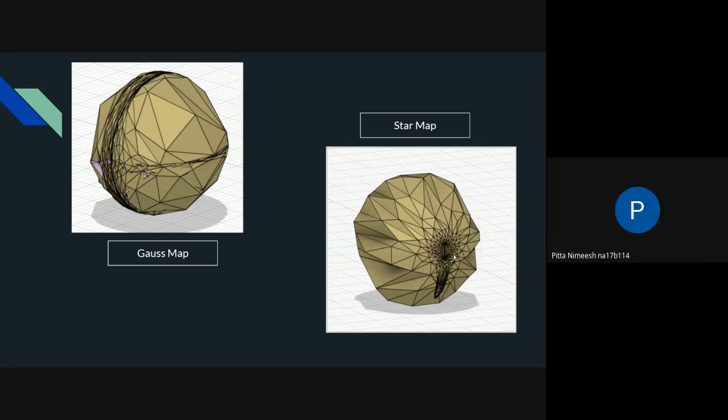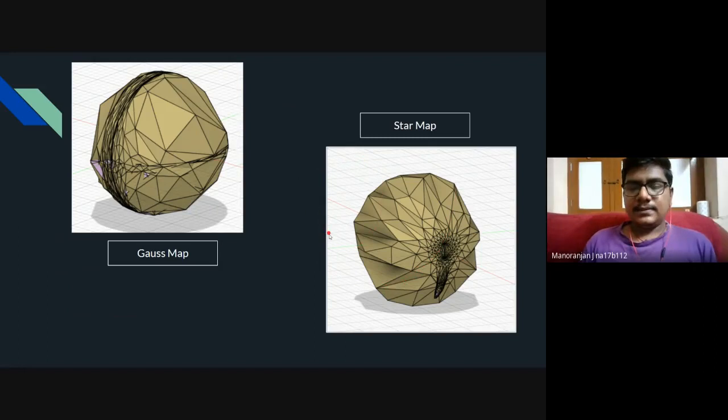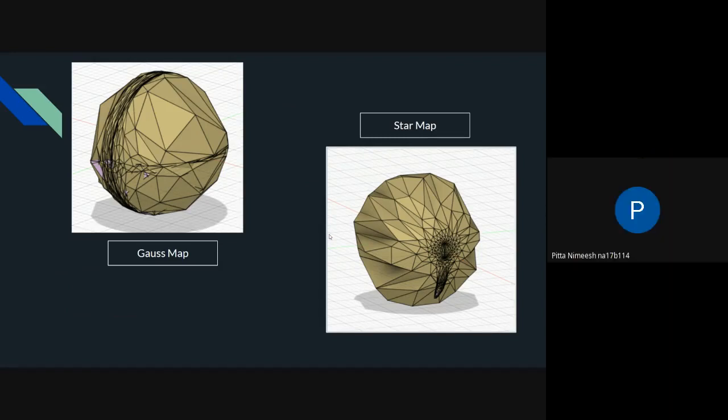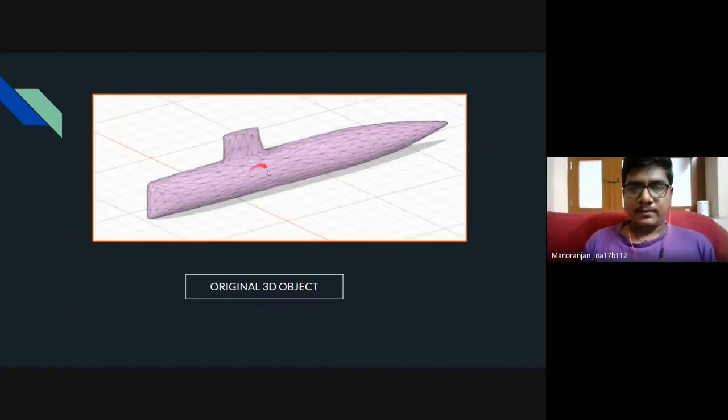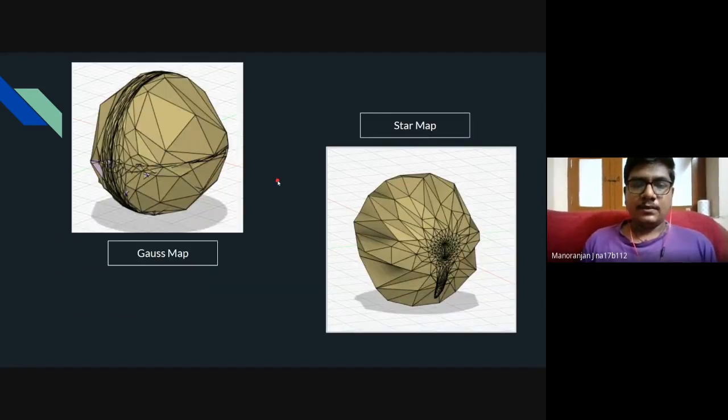Yeah, so this is just the initialization of the Tutte map. We'll be seeing how the map changes when we go through the iterative procedure of the Tutte map. So this sphere that you see is of radius 1, but you can see those panels, right? These are panels which correspond to this submarine. If you see the surface, there are no overlaps in the panels. Similarly, we would like to come up with such a mapping so that there will be no overlap.